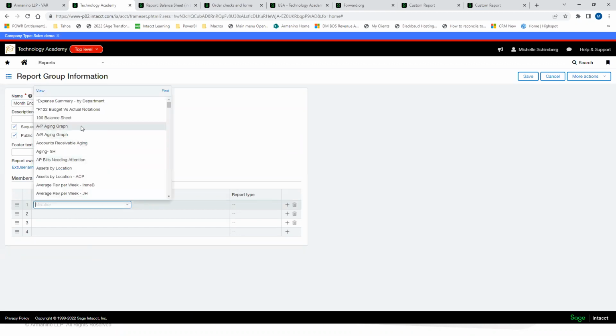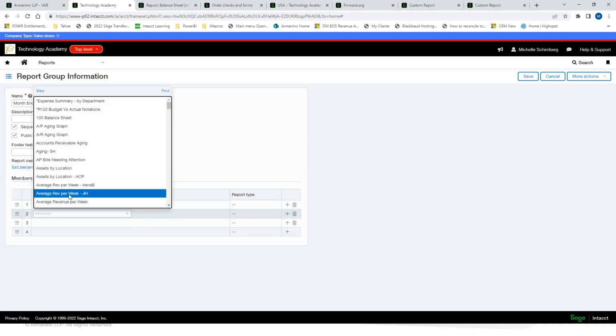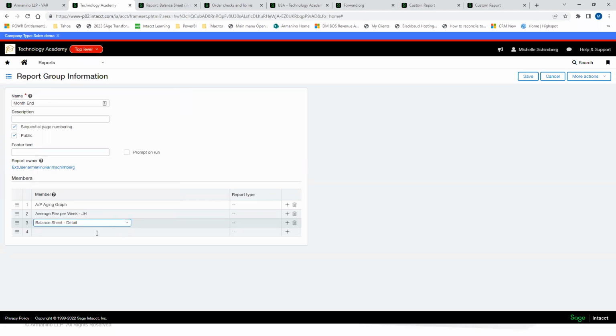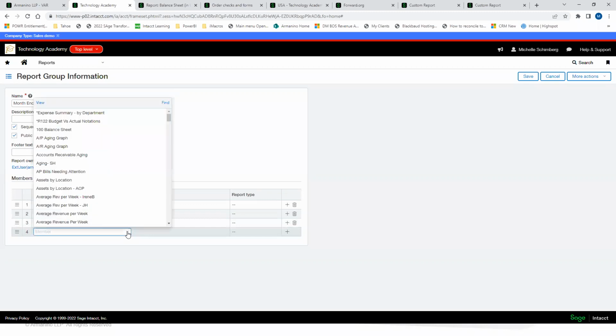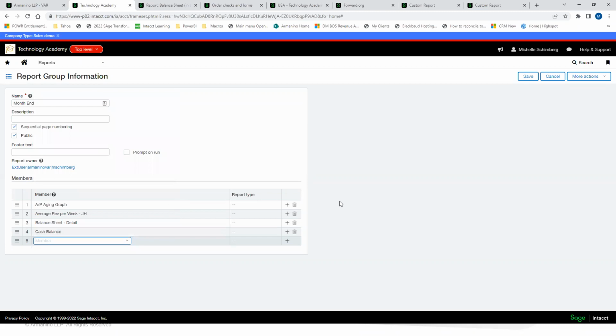So I'm going to say I want the AP aging graph, and I'm just randomly selecting some reports. So the point here is you can pull custom reports, you can pull financial reports, you can pull memorized reports, right? Yep. Okay. And then if I save this,